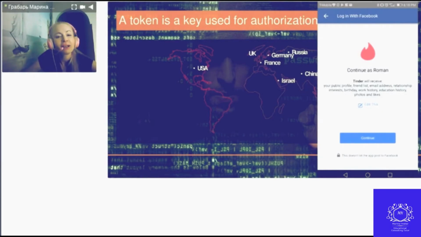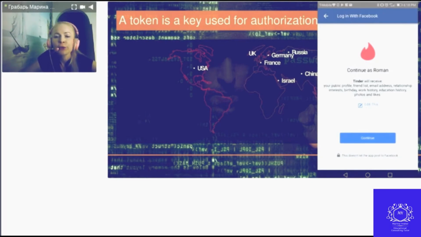A token is a key used for authorization that is issued by the authentication service, in our example Facebook, at the request of the user. It is issued for a limited time, usually 2 or 3 weeks, after which the app must request access again.